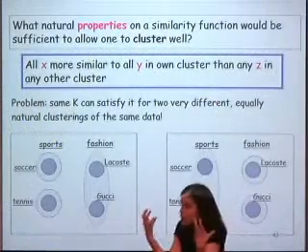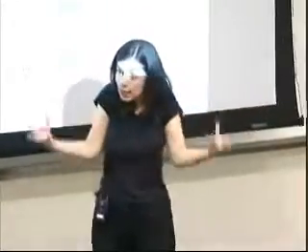It captures the bias, our prior knowledge about the clustering problem, right? In supervised learning, if you assume that the target function is a linear separator, you're going to use a linear separator learning algorithm. If you assume it's a decision tree, you're going to use a decision tree learning algorithm. And similarly here, depending on what my assumption is, what my prior knowledge is about how the similarity function relates to the target clustering, I'm going to use a certain clustering algorithm versus another.